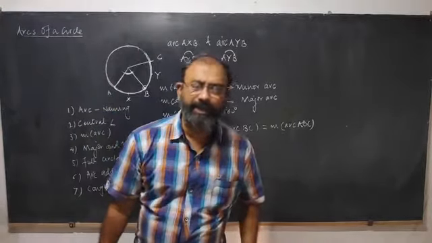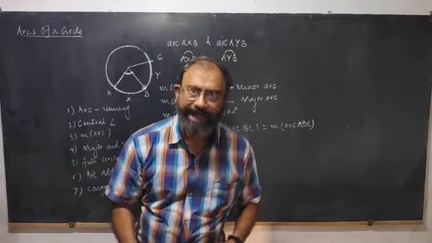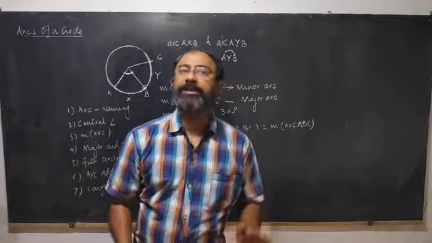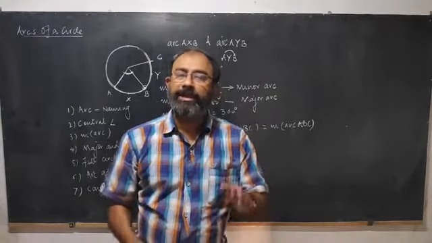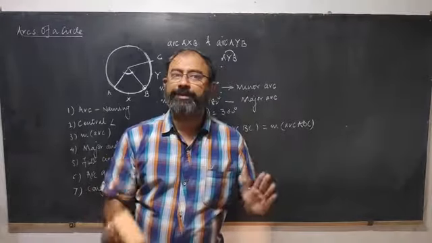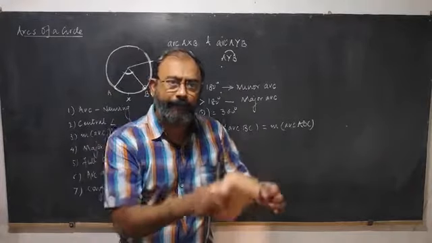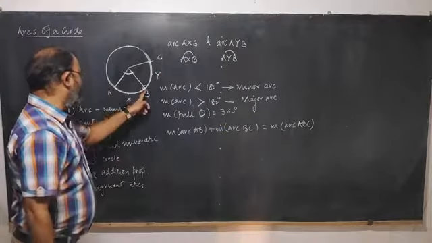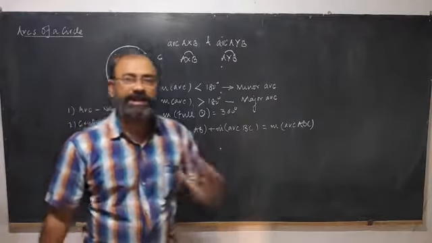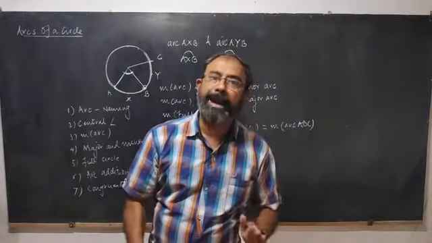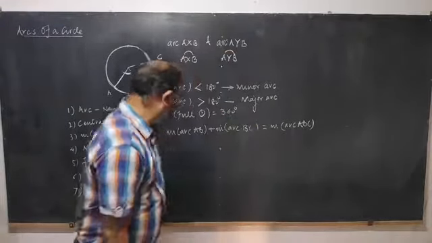By convention, if the arc is less than 180 degrees, that means minor arc, then you can write the name of the arc by two-letter name. That means using the endpoints of the arc only, as I have written arc AB. Arc AB means from A to B. Okay, A to B. Then A to B means this side also it can be A to B. But the convention says it has to be the minor arc. So, minor arc can be named by a two-letter name.